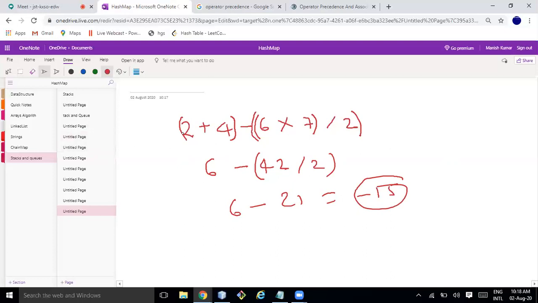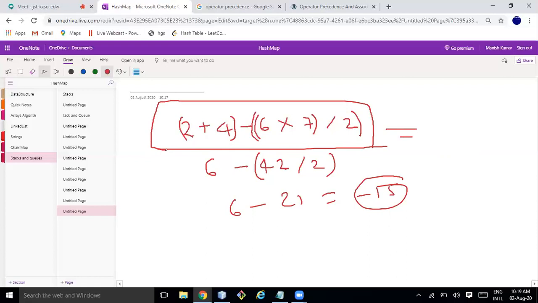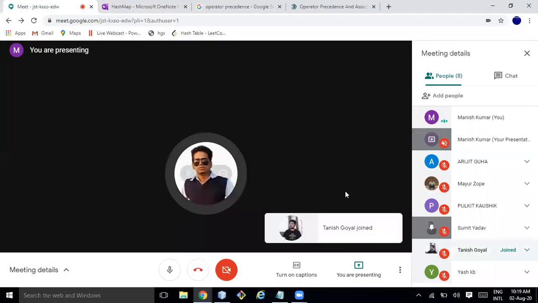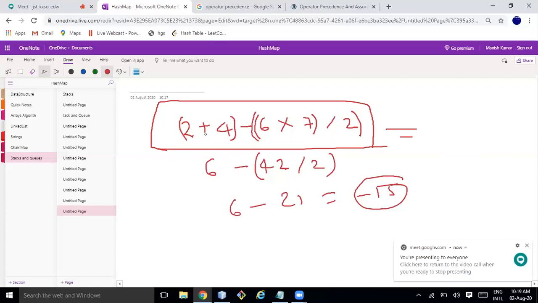So suppose this is one string, and you pass this string to the computer. How will the computer know what the answer of this is? Computer cannot decide, right? Precedence. How can they decide? Even if they decide, it will face many problems. Which one should I pick? So if you have this big list of operators and operands, it's very difficult to calculate the value, right?